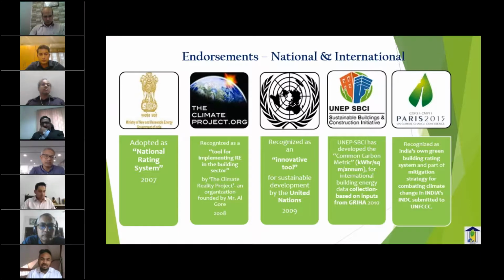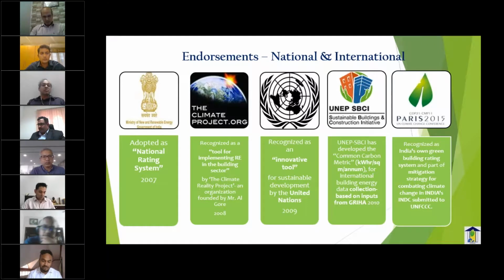There are 8 significant steps or pledges which India took, but 2 of them are very, very significant. One of which spoke about reducing the emission intensity of India's GDP by 33 to 35% by 2030 compared to its 2005 levels. And another very significant thing that India committed was that about 40% of the cumulative electric power installed capacity will be through non-fossil based fuels by 2030. That's where you come into the picture. I mean, all the panelists come into the picture, because here we're talking about non-fossil based fuels, we're talking about renewable energy technologies, etc.